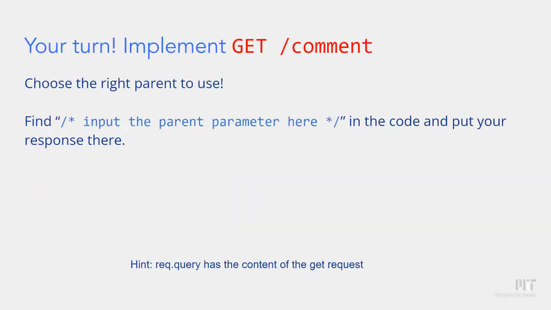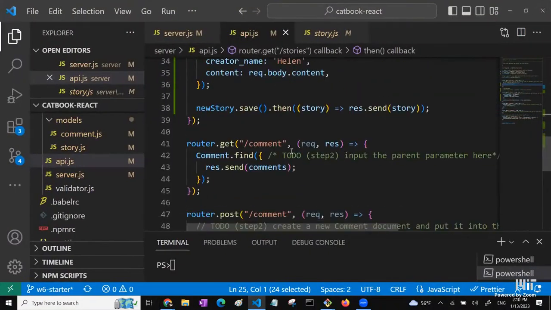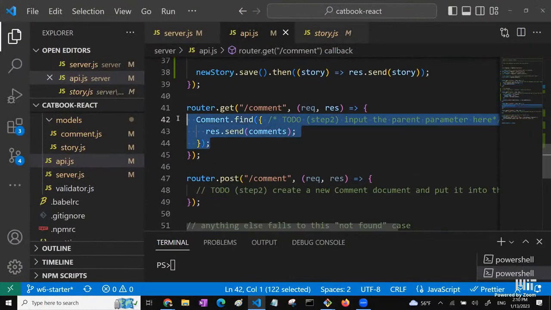Okay, so now it's going to be your turn to implement both the get comment and the post comment, right? We're going to take it step by step. Let's do the get/comment endpoint first. So when we go back into API.js, you'll notice that most of the code is actually already there for us,